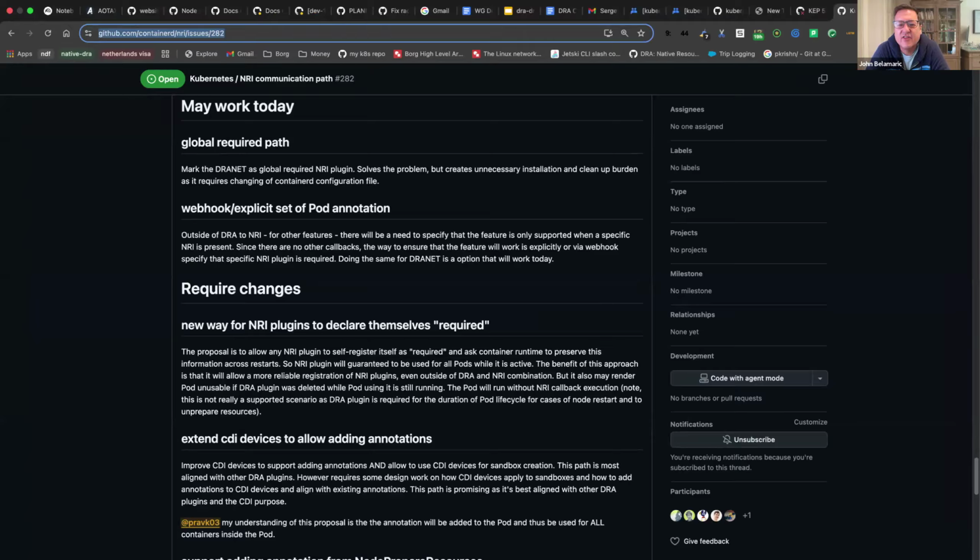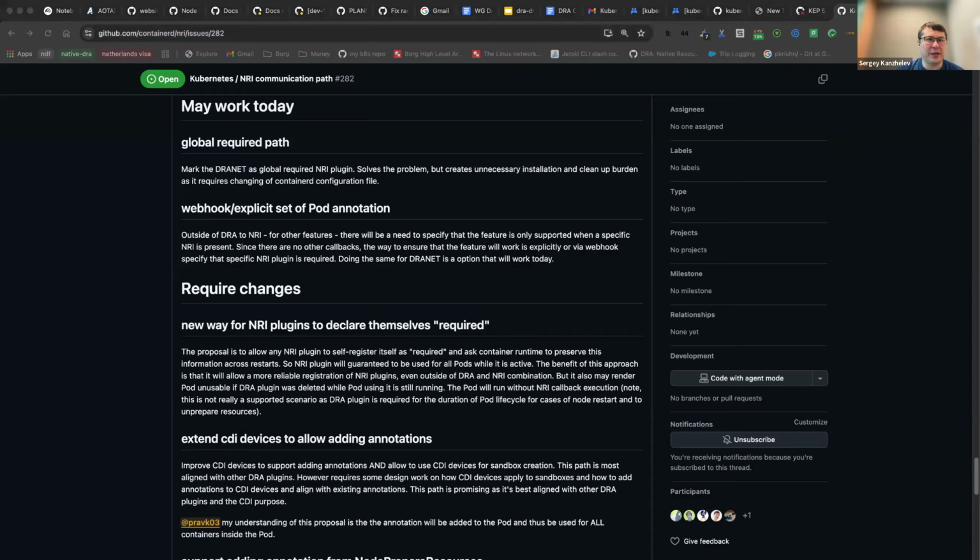Sorry, you were saying, yeah, everything kind of works that way already. So it's not a new problem. The difference here is that it seemingly has a beautiful solution through annotations, and even if only DRA net will provide these annotations, and the annotation will be provided back to an NRI plugin, then it will all work magically. But for me, it creates this small bubble of special casing of DRA net, and